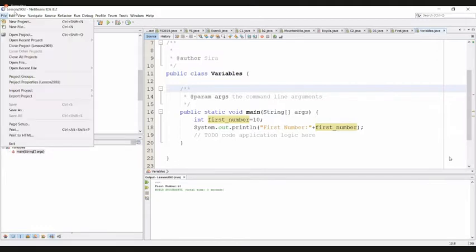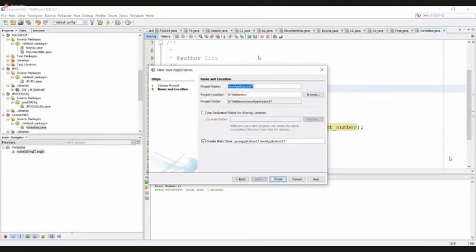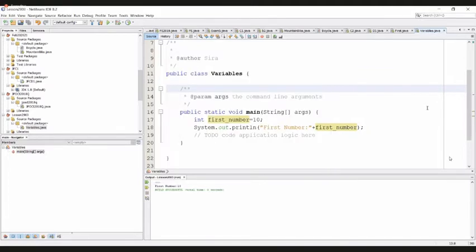Go to File, New Project, then Java Application, click Next, then enter the project name, then give the class name, click Finish, right? Then you will be directed to this window. The name which you enter for the class will be the class name. Already I have taught you how to name the class and those things. Right, I think the given time is sufficient now.